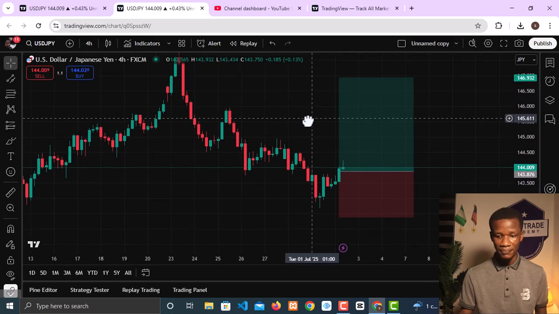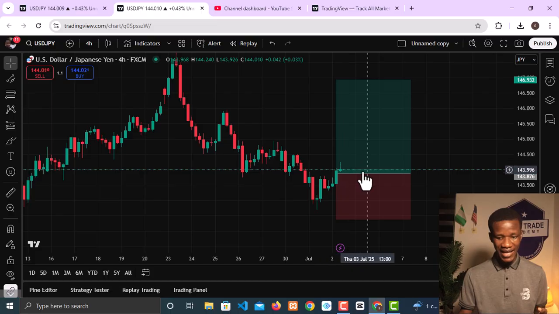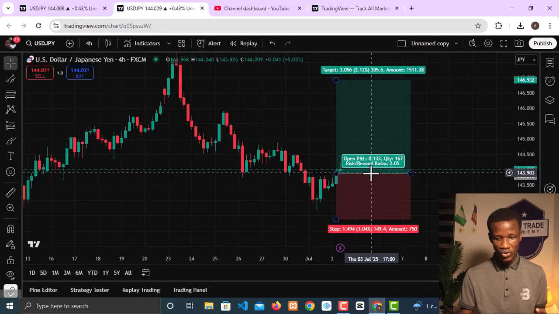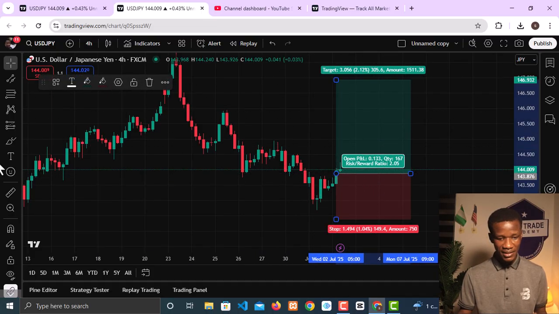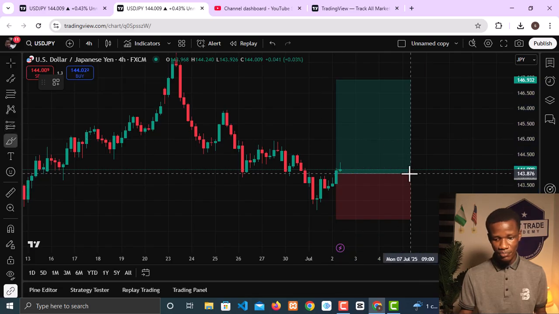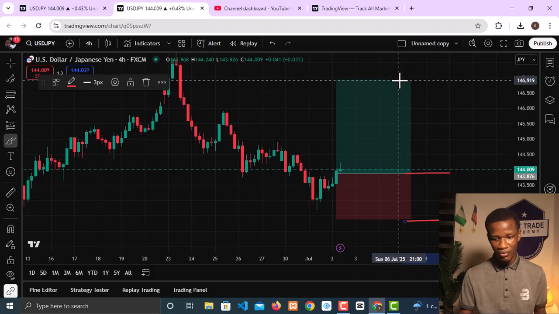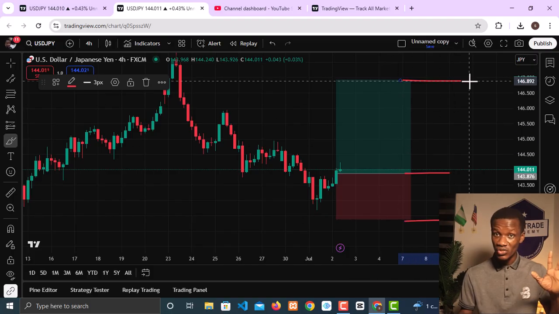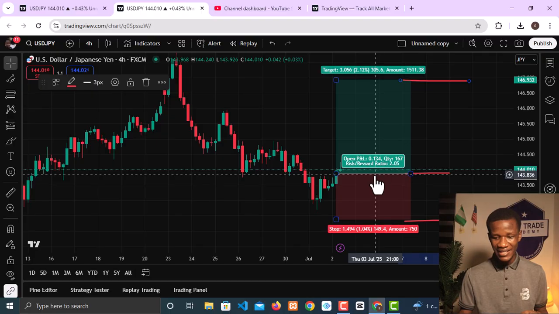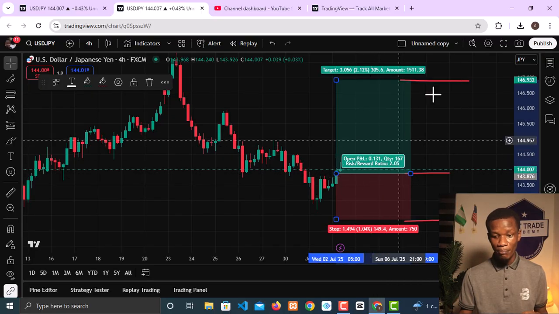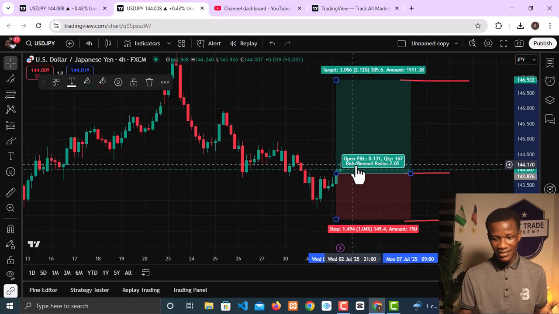So what does this mean? Very important. So if I highlight it, you see it shows you all these parameters. This is the entry point right here. This is the stop loss right here. And this is the take profit target at this very point, which is also very cool. But if I highlight it, you see it shows me some parameters. If you look at it, this is the risk reward,